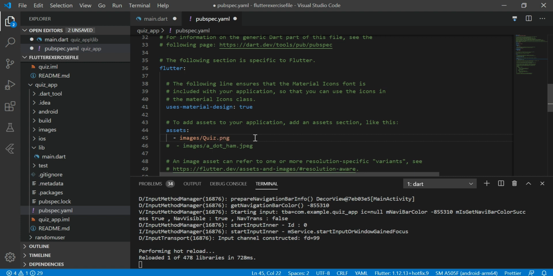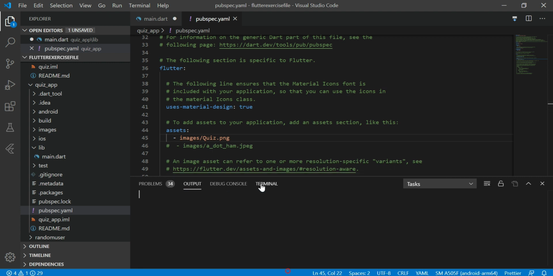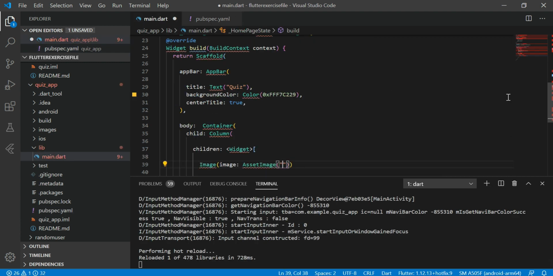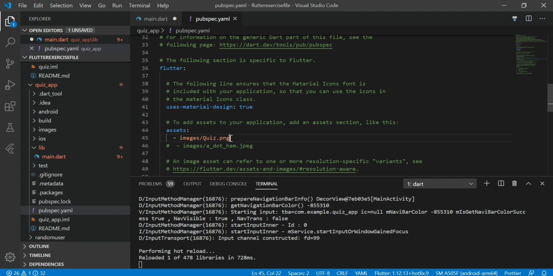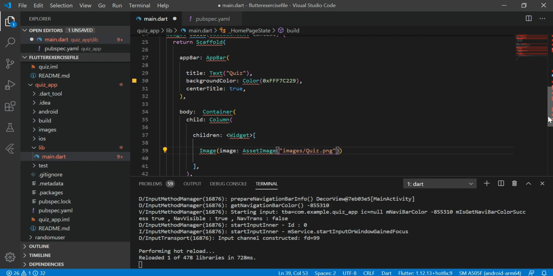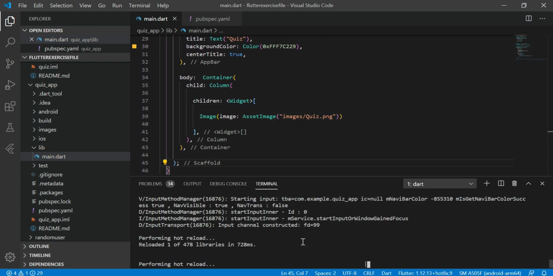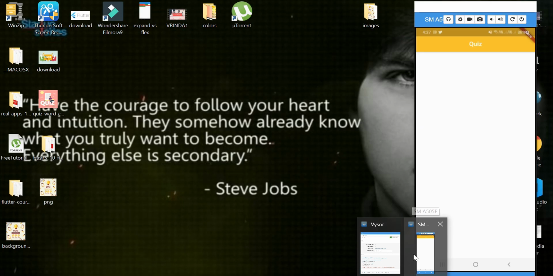My image folder name is images and image name is quiz. Now let's save this and copy this image path and paste this image path inside our Image.asset. Now let's paste. Now it's perfect. Let's run our app.